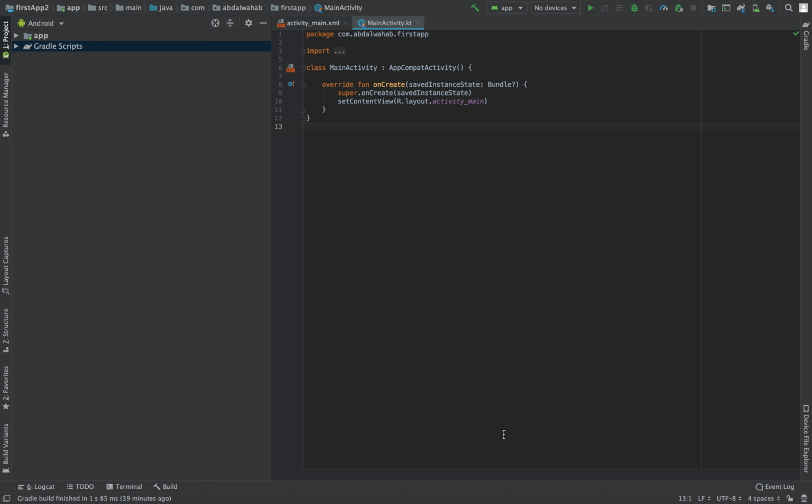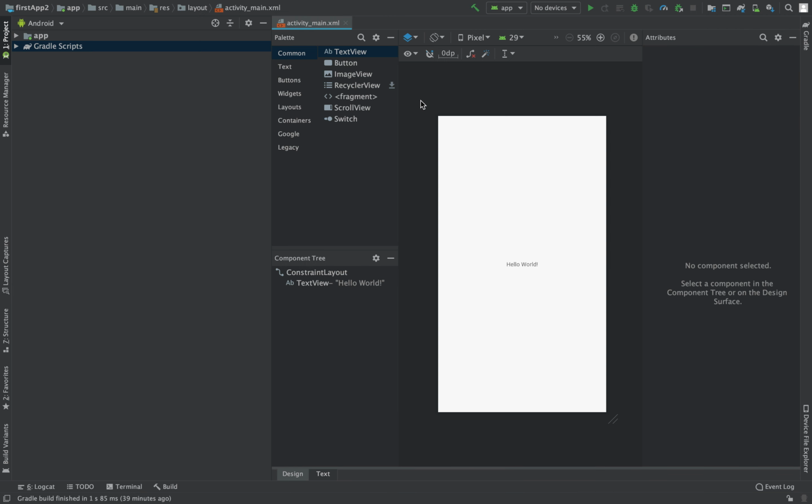But my point here is I want you to close the Kotlin file that was opened automatically by Android Studio. Click on the X sign right here to close it. And here I want you to open the activity_main.xml. Now XML is the design language that we are going to use to build Android applications, or sorry, to design